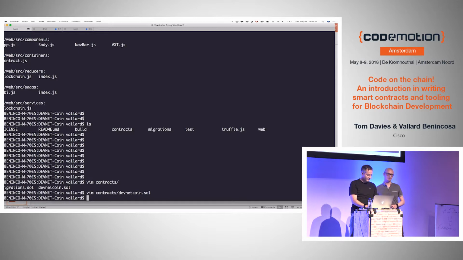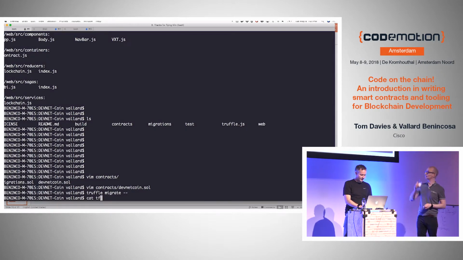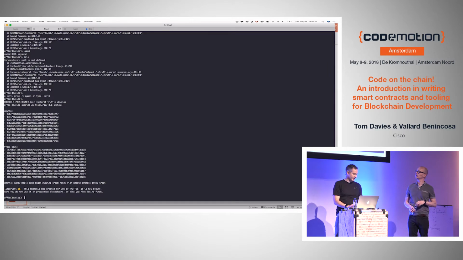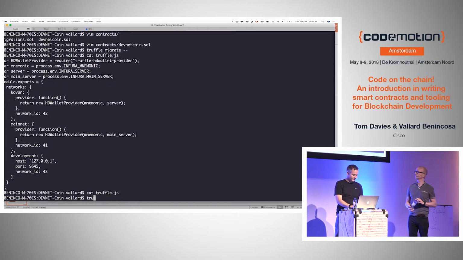So the way we do it in Truffle is we do truffle migrate, and then we call out the name of the different network that we're going to do it on. I have my networks here, so you can see that I have the Kovan network, the main network, a development network, and so I've started a development environment right here, but I can also do it on the main one as well. So I just do truffle migrate, and it's going to look in those different parts. And I'm going to say network, and in this case, I'll just say development. So that way it's just doing everything on my laptop.